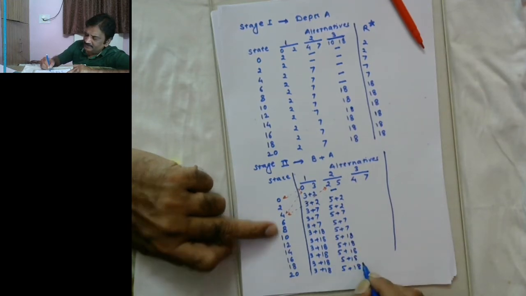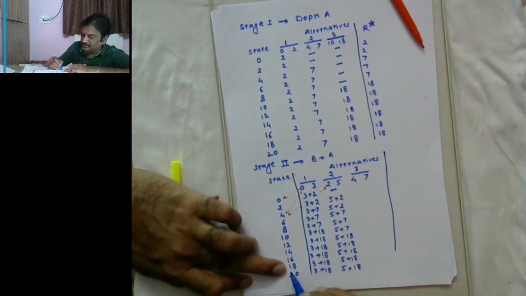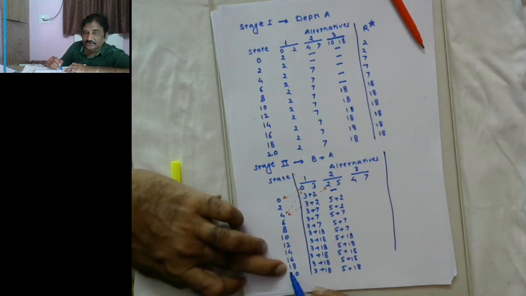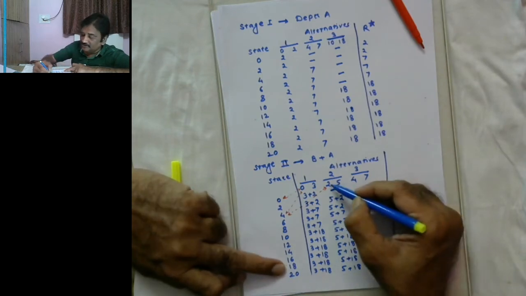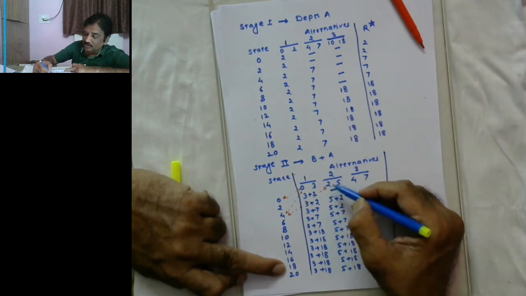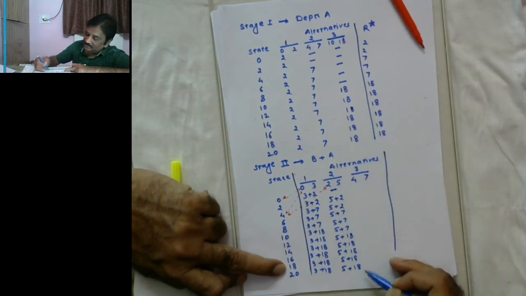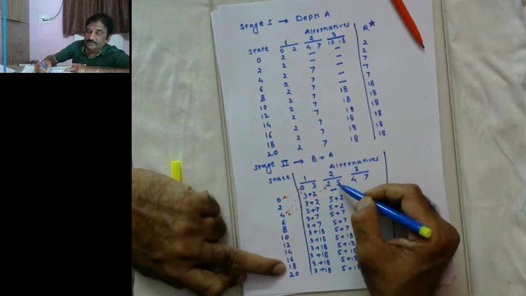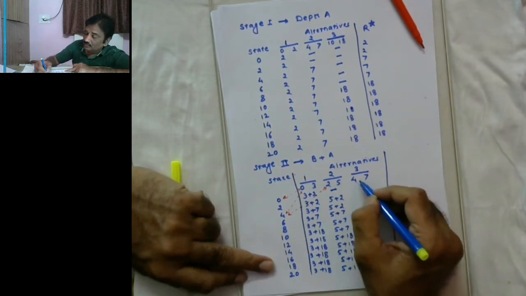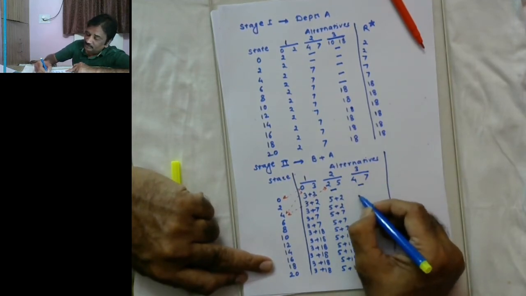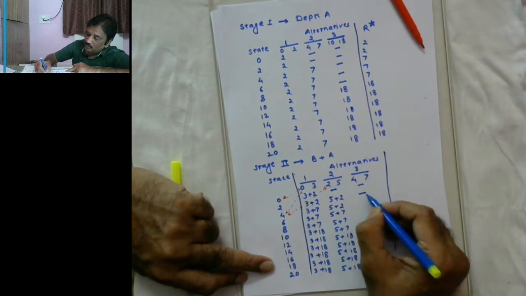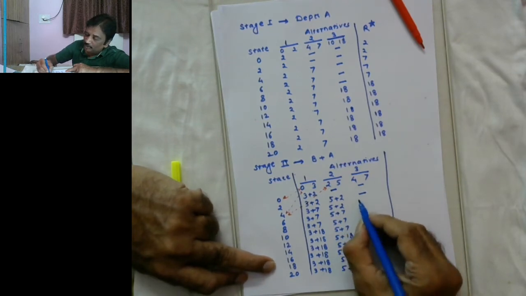Let's confirm whether that is right or not, just by taking a sample of 18 crore. I assume that I have 18 crore and I have consumed 2 crores out of it. I am left with 16 crore, and for 16 crore, the optimal return is 18 crore. That is my second component here. The first component is coming from here. Now, the third alternative is not available to me until I have 4 crore rupees or more.